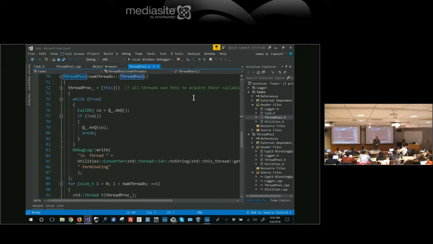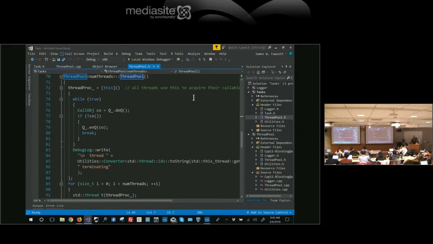And the next guy, maybe the third guy, still has 2 active items in his queue. No problem. The stop is behind those 2, so he executes those 2, and then he stops. So it's a really cool way of shutting down the thread pool. Okay, there's a wait function, and all it does is wait on all the threads to stop.